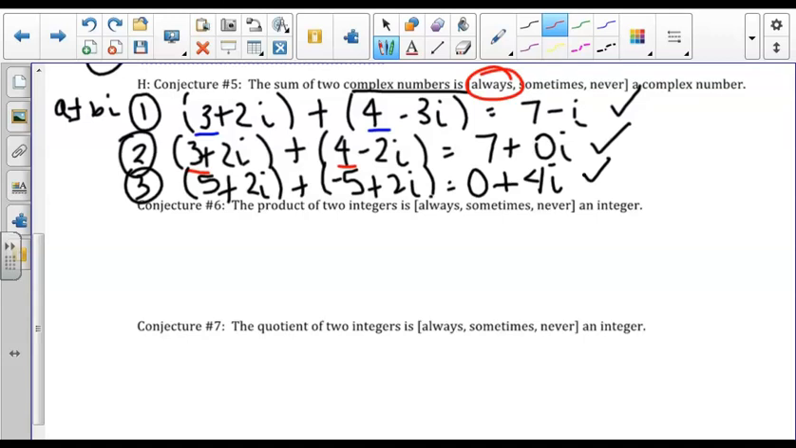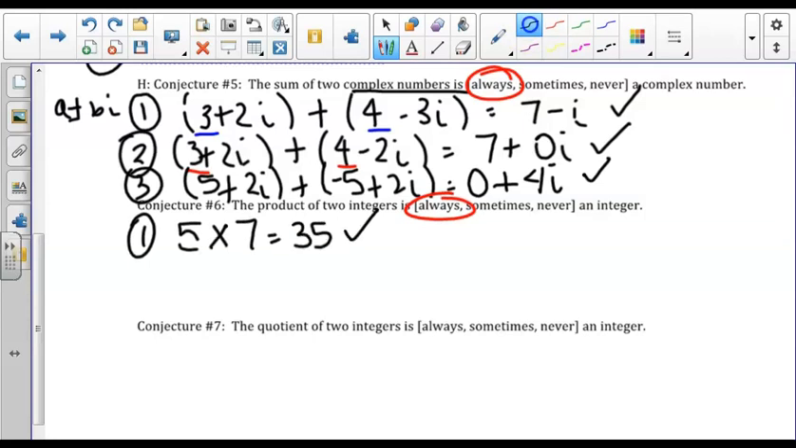When we look at conjecture 6, the product of two integers, we discovered that it's always an integer. So I'll give one example here. You can come up with two more, but these are both integers, and we see that the product is always an integer. When we look at conjecture 7, the quotient, which is division of two integers, is, and we determine